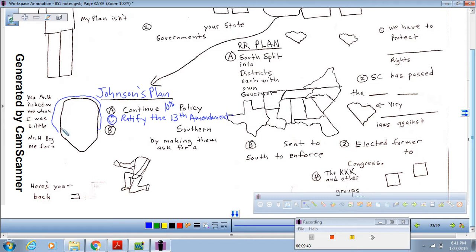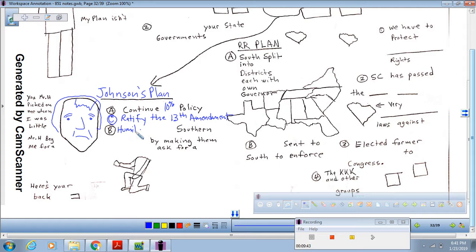But then the part that really causes a change in the dynamics of Reconstruction, and the plans of the Freedmen's Bureau to give freedmen the confiscated and abandoned lands of the Southern elite plantation owners, was that